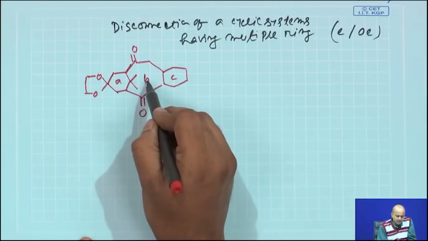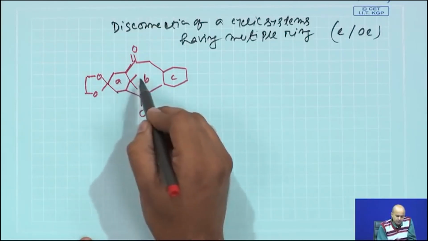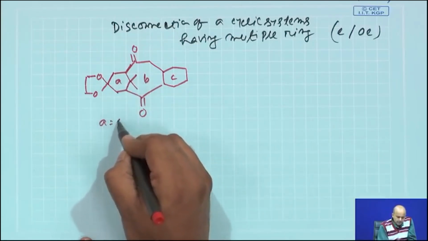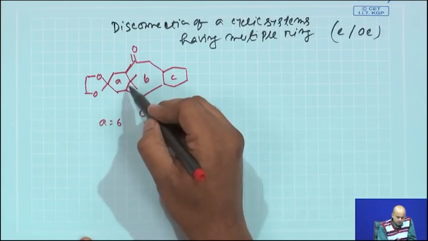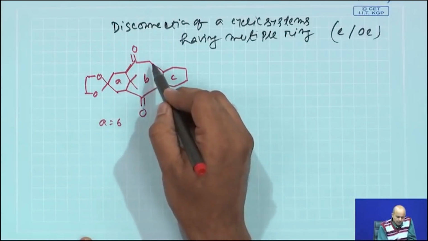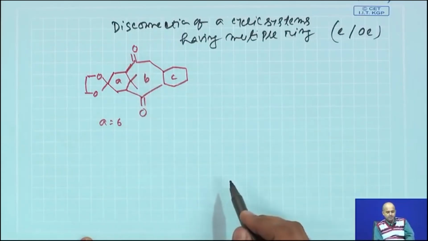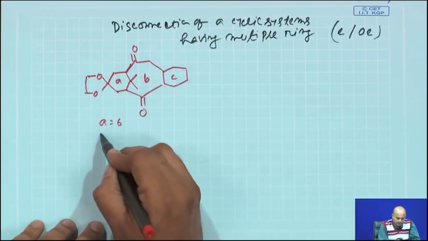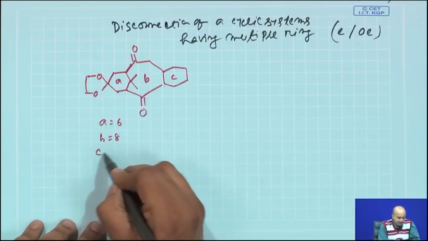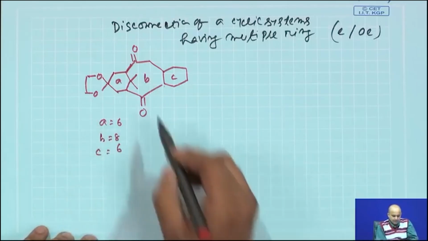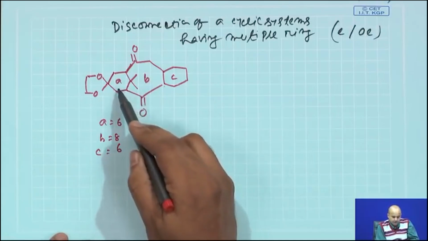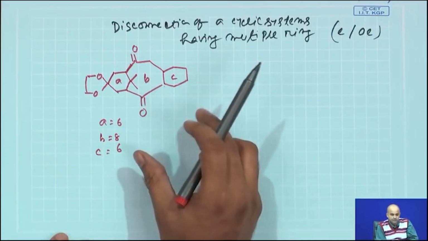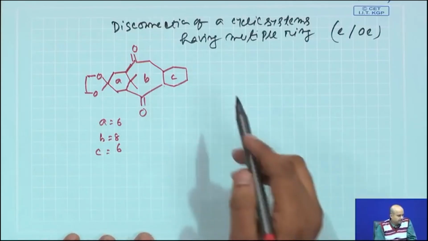Ring A and B is basically bridged fused, because you have a dimethyl bridge. A is a 6-member ring. Now B: 1, 2, 3, 4, 5, 6, 7, 8. This is basically an 8-member ring. So B is an 8-member ring and C is again a 6-member ring. Now, this 6, 8, 6 was the core framework of taxane based natural products, and here it